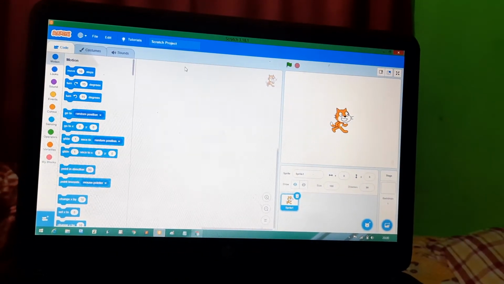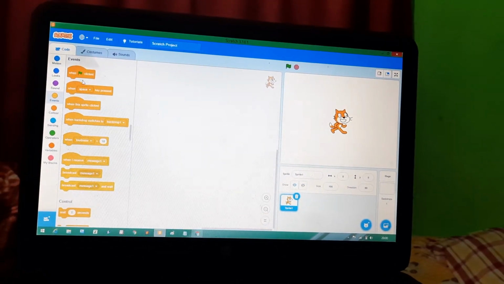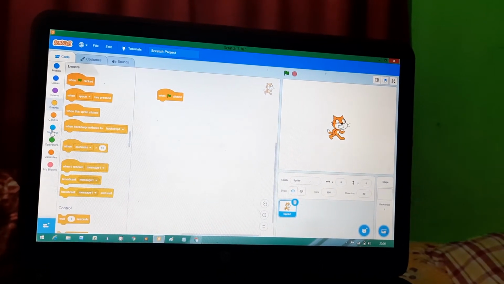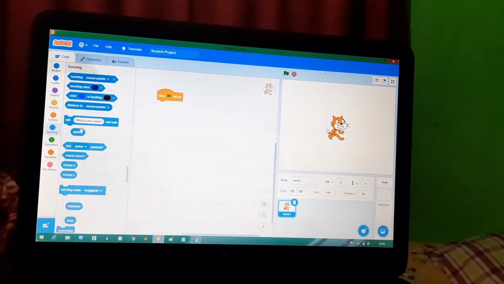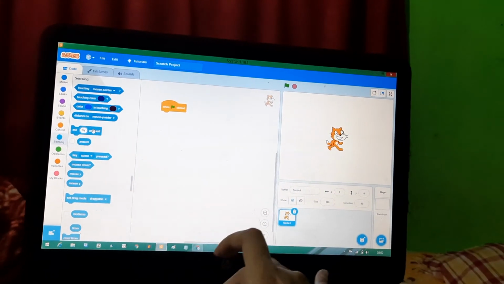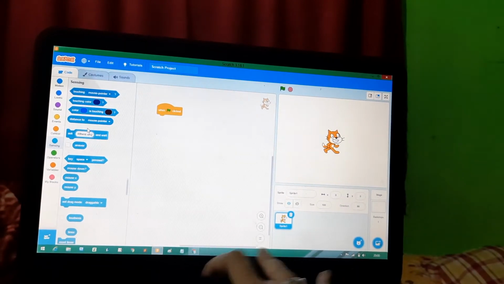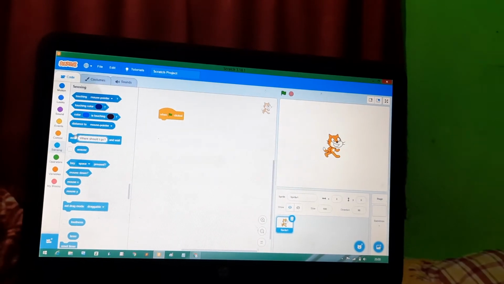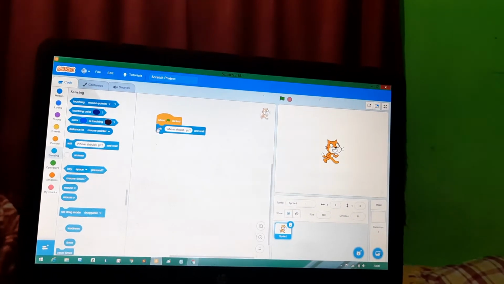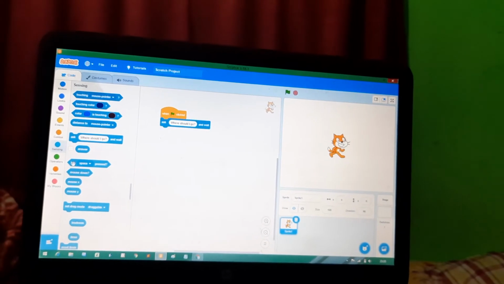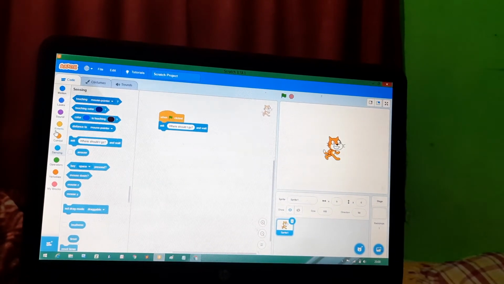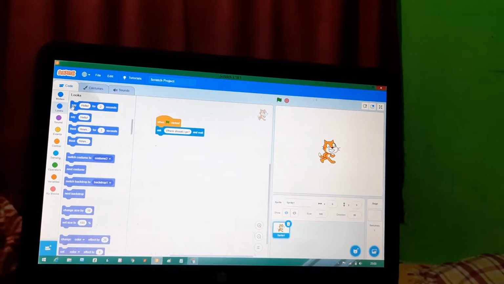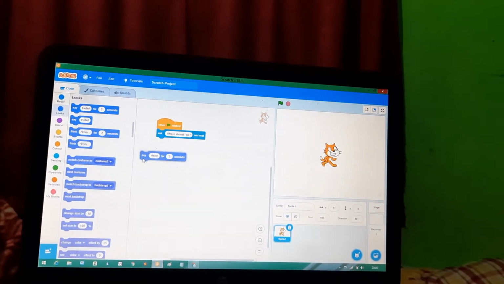Okay, so let us do it again quickly. We have to go to event block according to our program, choose this one, then go to sensing block, and here you can write the question, "Where should I, in capital I, go?" Then just drag it and drop it under when flag clicked in the script area, and then go to looks block and choose this one option and put it here.